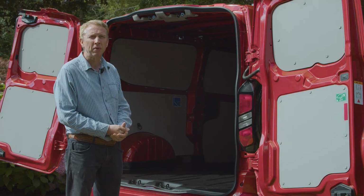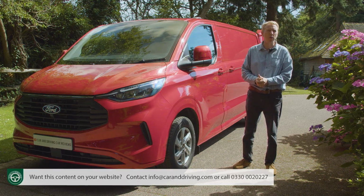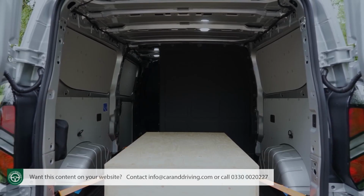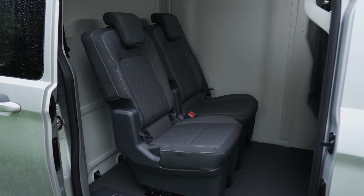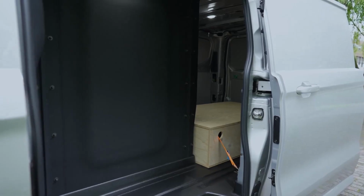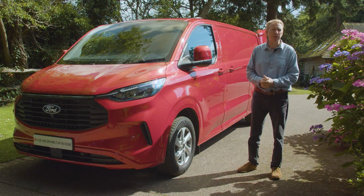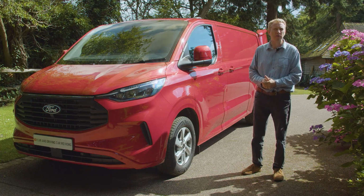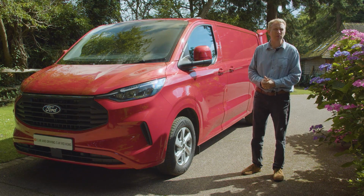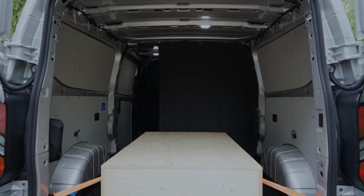1,814mm on H2 variants. If we'd people as well as packages to carry, we'd want to consider Ford's new multi-cab body shape, which aims to meet the needs of those who want to carry up to 5 folk but need a longer load area than you get in the usual double cab in van model. Thanks to an L-shaped bulkhead around the rear seats, a multi-cab Transit Custom can still transport sheets of 8x4 plywood and offers up to 3,450mm of load length, even when fully loaded with people. A multi-cab Transit Custom offers up to 4.7 cubic meters of load capacity and can take up to 1,190 kilograms